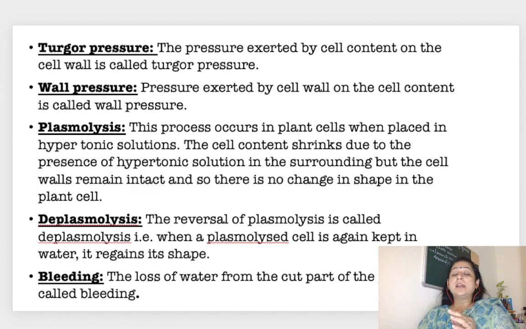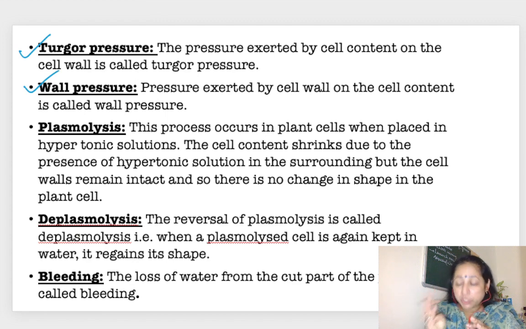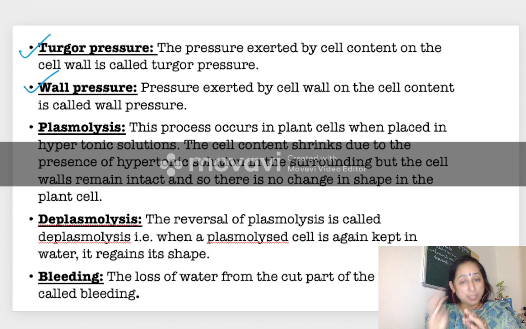Then is turgor pressure. Now we have done root pressure. Then is turgor pressure, wall pressure. So these are actually four pressures: osmotic pressure, root pressure, turgor pressure, and wall pressure. All four are different. Osmotic pressure is due to osmosis, root pressure is due to the inflow of water inside the roots,